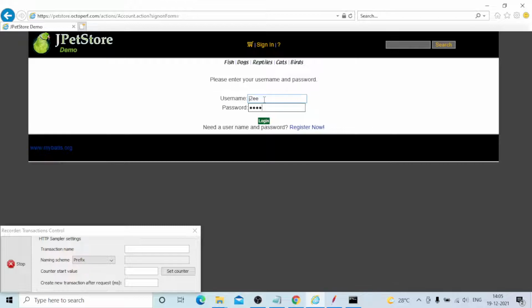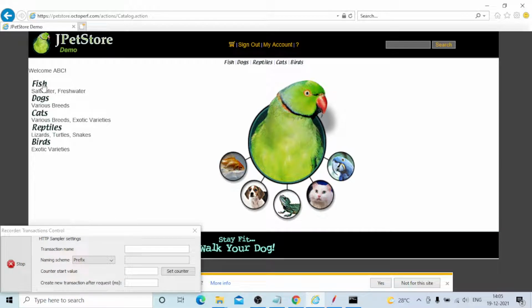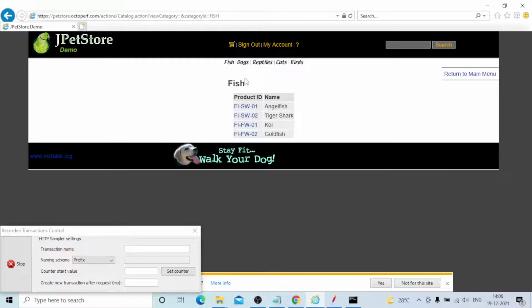After that, you need to click on the fish. Slowly you need to perform all the operations. Only at that time will JMeter be able to capture them. After that, you need to click on the product ID. You can select any one; I will select the first one.